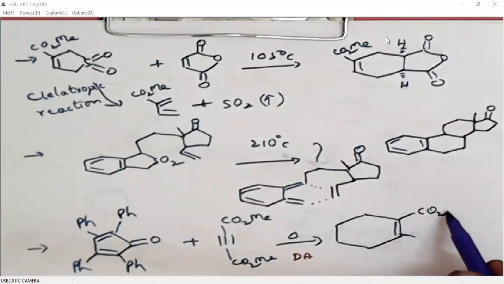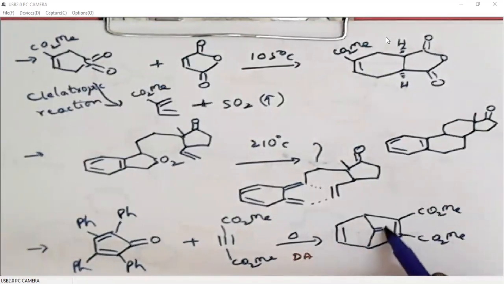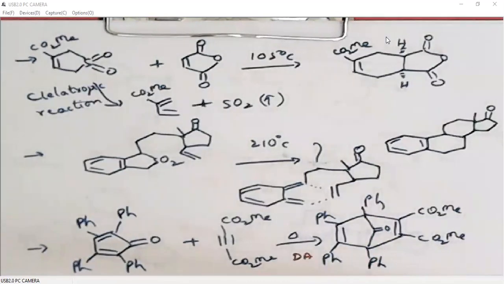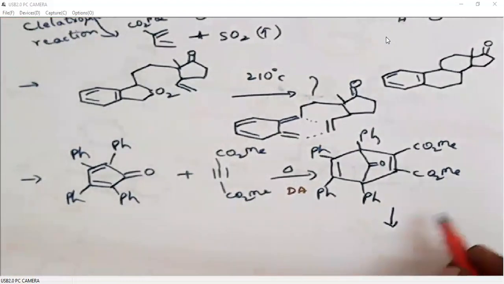Since it is a triple bond, there will be another double bond, and we have a carbonyl like this. Of course, it is a tetra substituted system. Under the same thermal conditions, this will undergo a retro Diels-Alder reaction. In this case, it is the carbon which is leaving, a single atom center. So we can say it is a cheletropic elimination. So it will undergo cheletropic elimination.